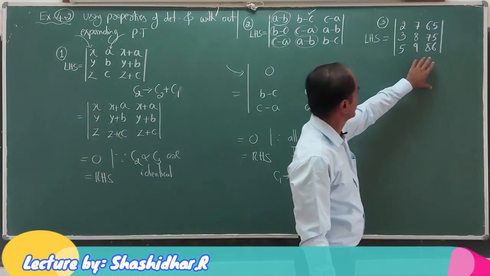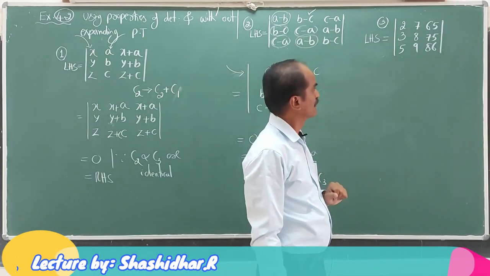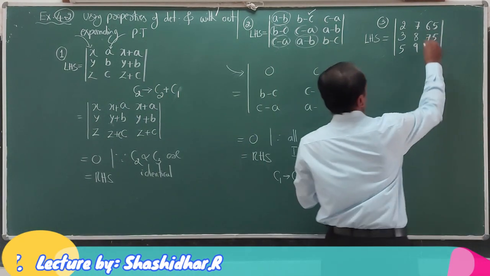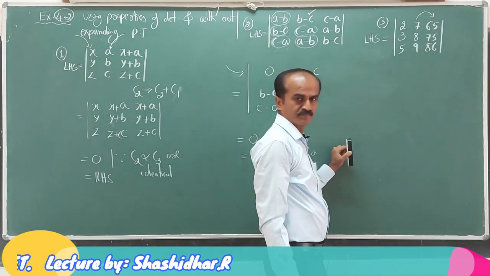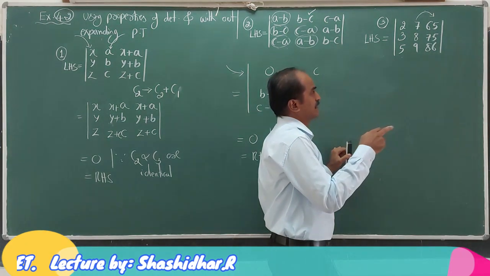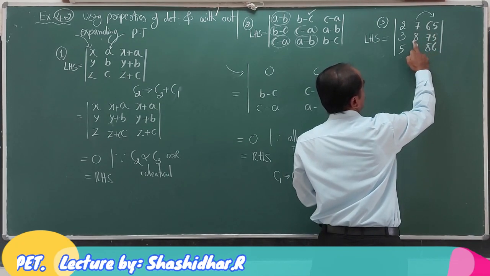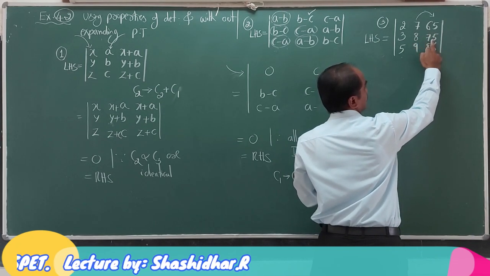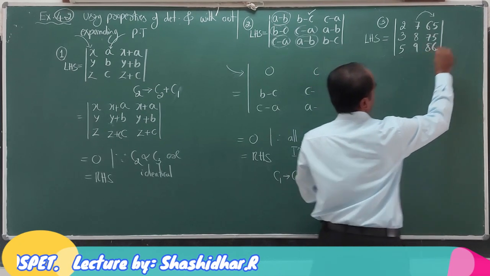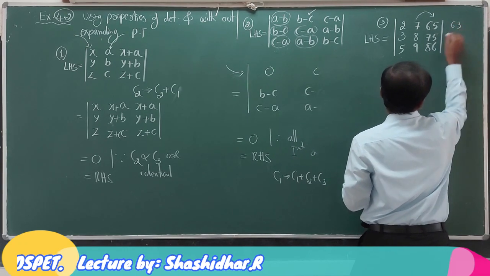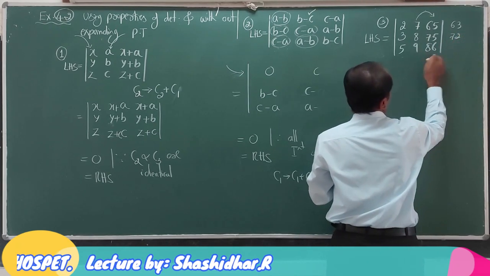Now let me change column 3 elements. They are quite big numbers compared to column 1, column 2. How I can reduce? Now think of multiple of 7 which is very close to 65. Yes, 7 times of 9, 63 gives us. Now 8 times of 9, 72. It is close to this. 9 times of 9, 81. Let me write those numbers. 7 times of 9, 63. 8 times of 9, 72. 9 times of 9, 81.